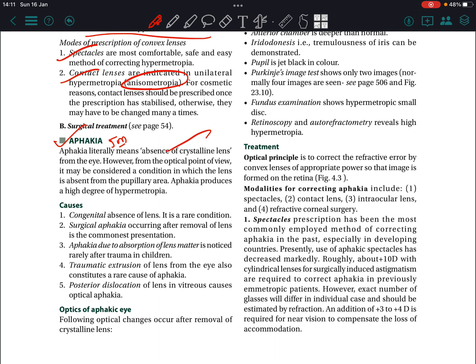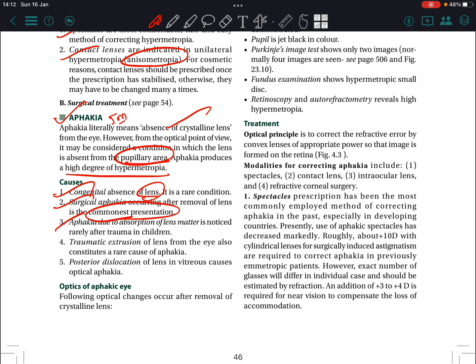Aphakia literally means absence of lens. However, from an optical point of view, it may be considered a condition in which the lens is absent in the pupillary area. Aphakia produces a high degree of hypermetropia. Causes: congenital absence of lens, posterior subluxation of lens. Surgical aphakia, removal of lens, is the common presentation. Aphakia due to absorption of lens matter. Traumatic extrusion, posterior dislocation of lens in vitreous causes optical